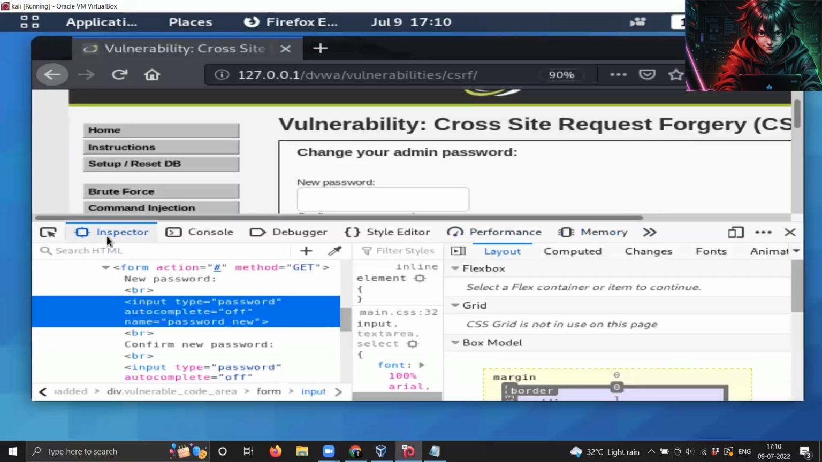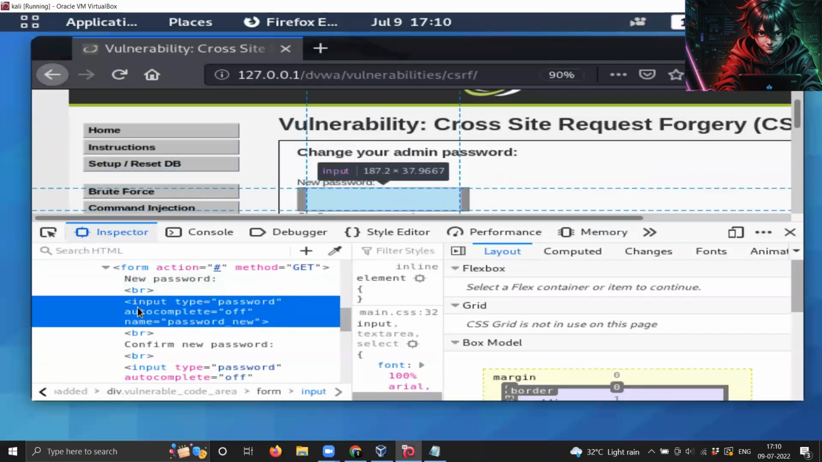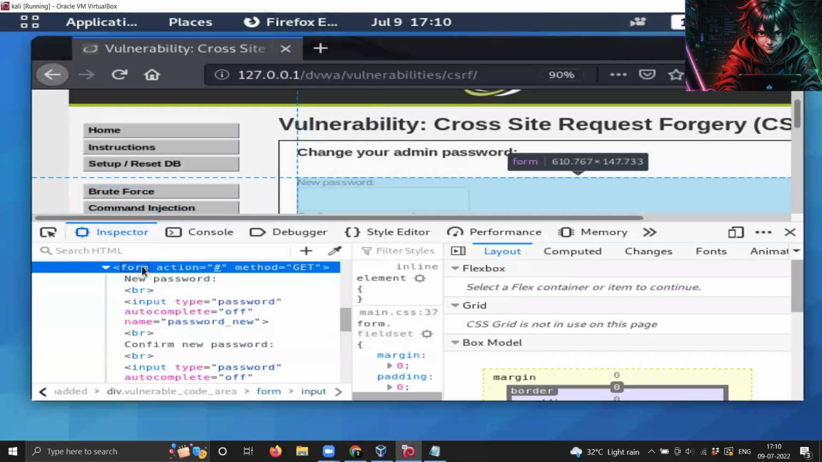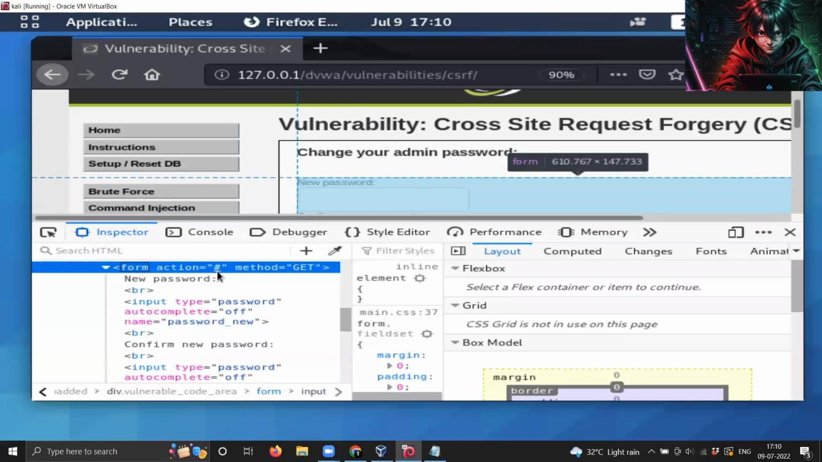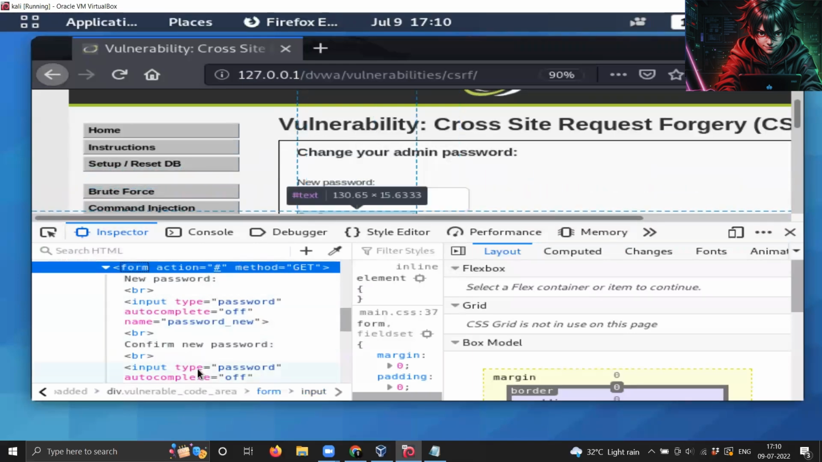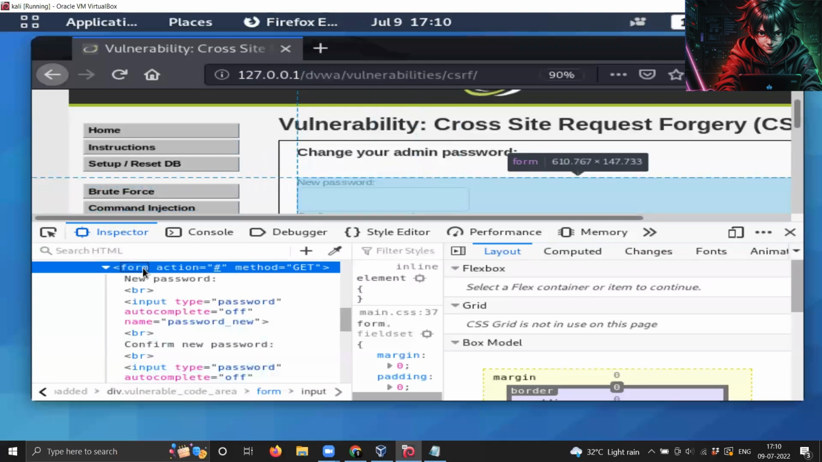But anyways, we were here in the inspector. Now, this is just the field. What I'm looking for is this complete form. So you can see the form action, and then the hash is here. And then you have the method, GET. These things are here. So in order to get it, I'm just going to scrape the whole HTML of this